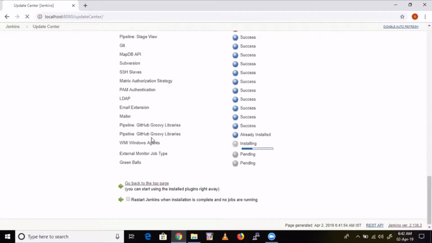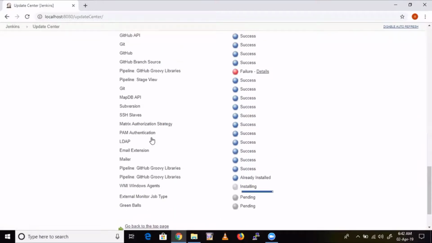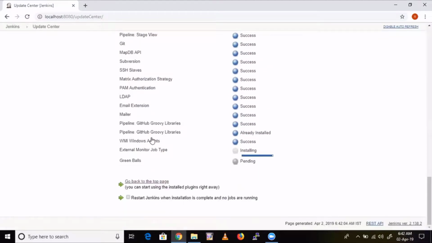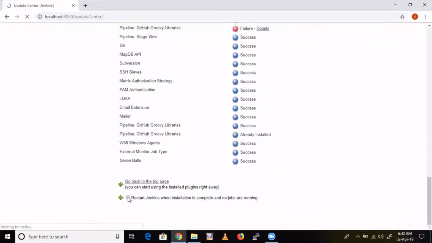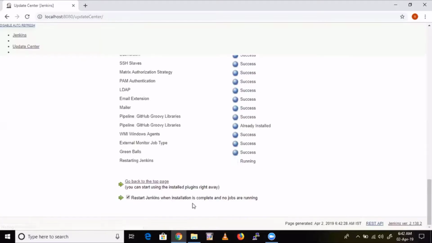That's how you install any plugin. So yes, we have installed the plugin. Now click restart Jenkins. Jenkins installation is complete and no jobs are running. Once the plugin is installed, Jenkins will restart automatically.